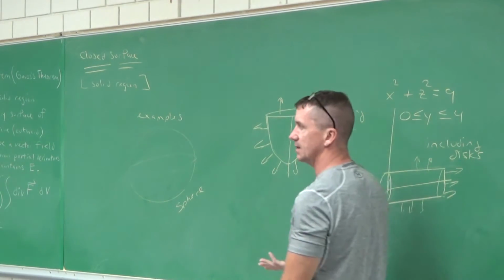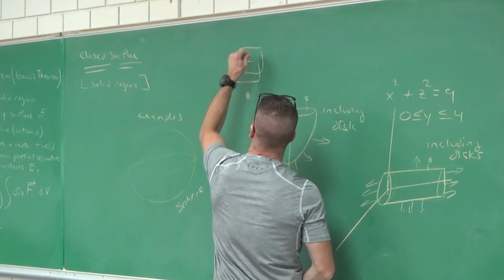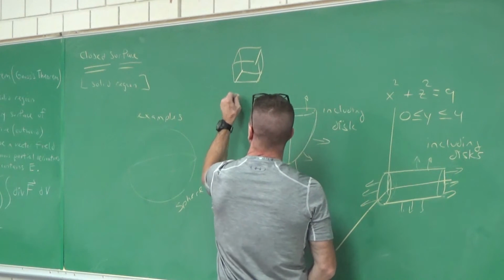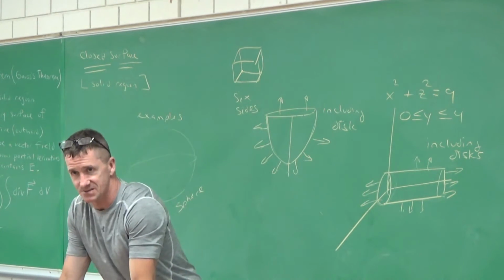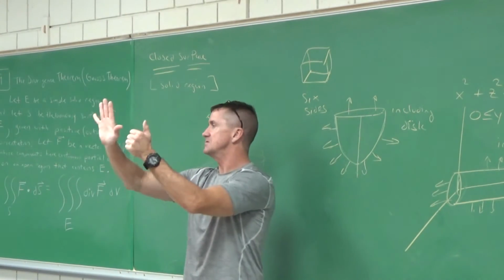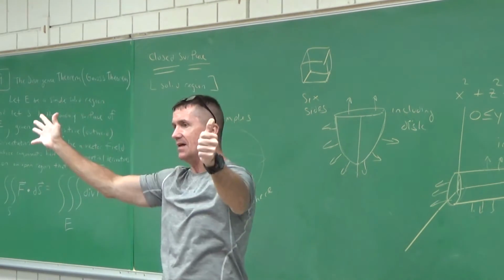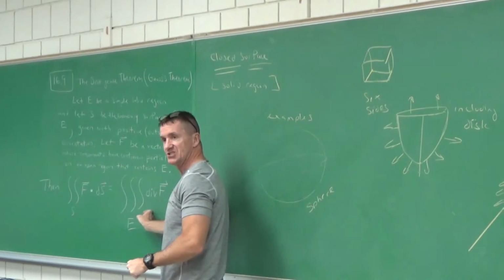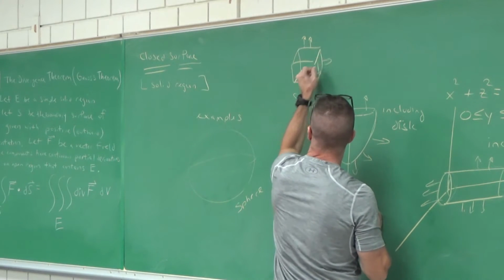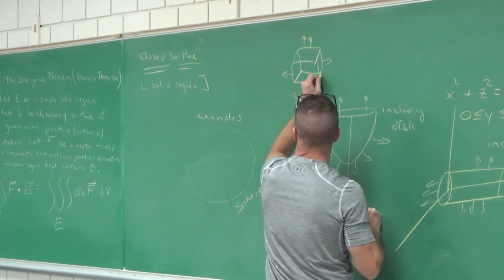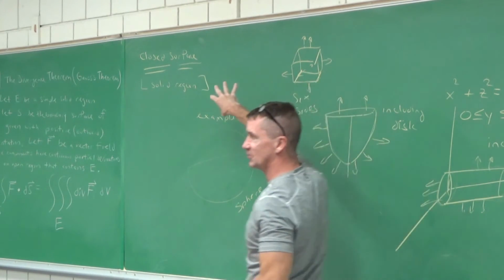One more. How about like a rectangular prism or a cube? How many sides does it have? It's got 6 sides. So if I did this the previous way in section 16.7, I would have to compute six fluxes, right? 6 surface integrals, and add up all those together. This is going to knock it out of the park in one shot. So if you want to put that image in your notes, you can, but stick normal vectors off each side. Be like, okay, we oriented outwards, so we get all these 6 sides coming out this way, coming out the other way, etc. So that's what this theorem is for.